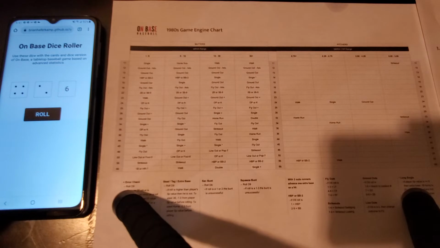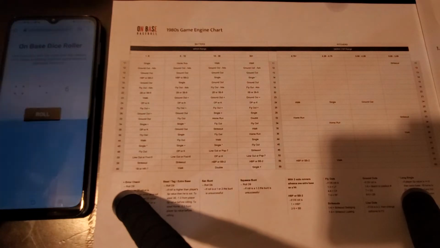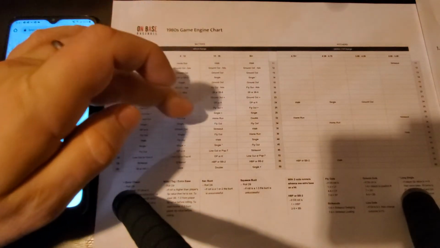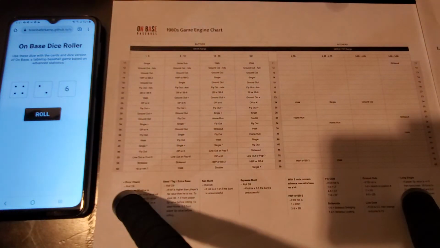So Galarraga pinch hitting, he's a 2 batting runs for 1986, so he'll be hitting out of this 3rd column. He is facing Ron Darling, who's coming out of the 1st column, and let's see what happens here. It's a 2-3, so with 2 outs, runners on the corners, and Galarraga is up.